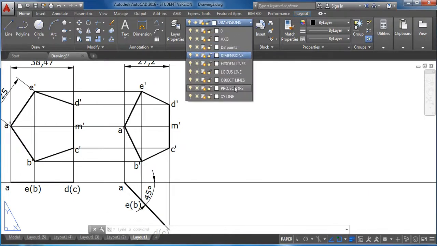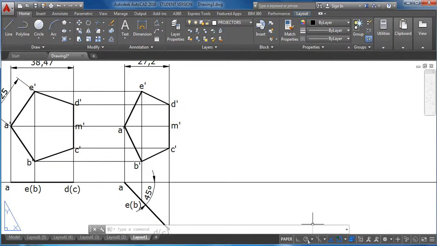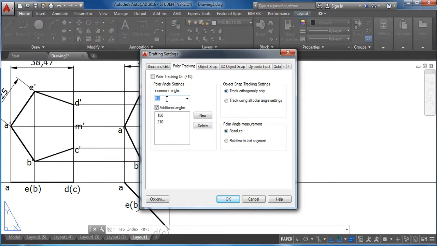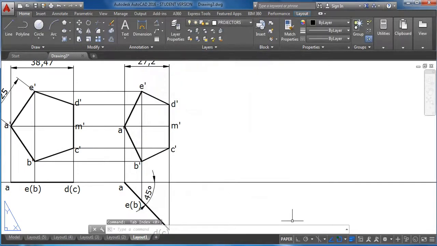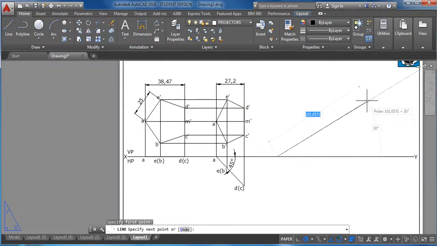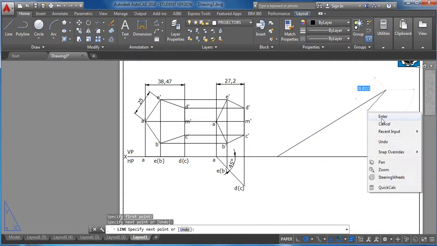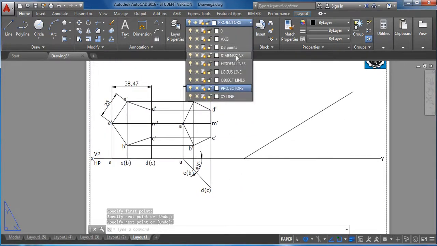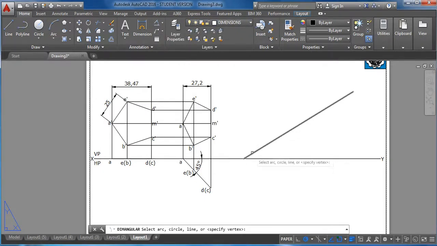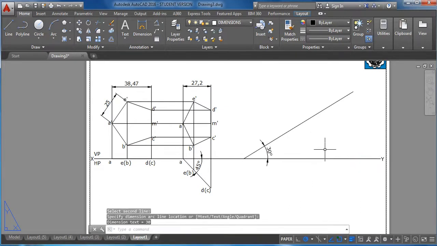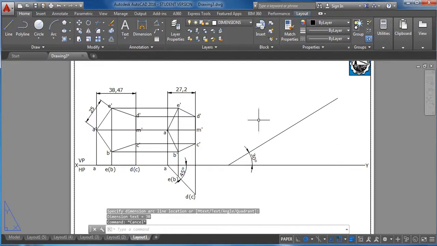Then select projectors layer again, go to polar tracking, set the increment angle to 30 degrees, switch on polar tracking, draw a line to that angle. Select dimension layer, check the angle of the drawn line, then use copy command, or before that